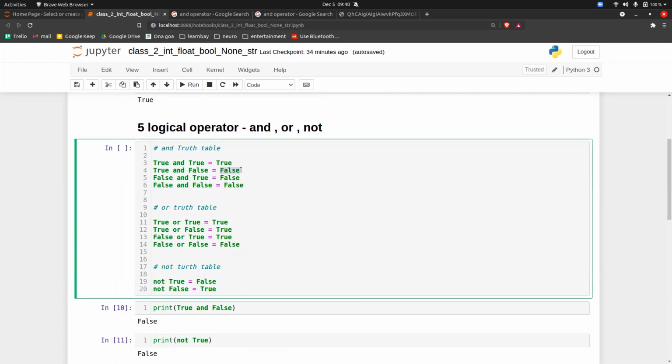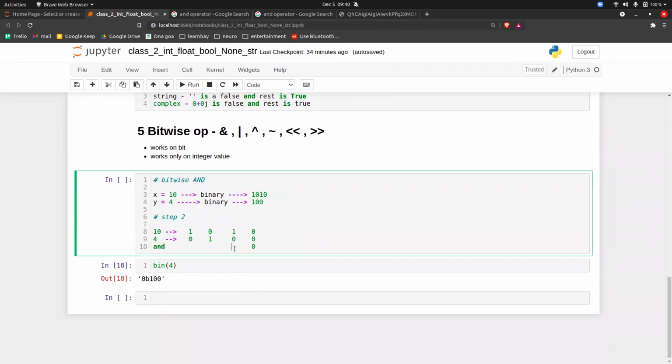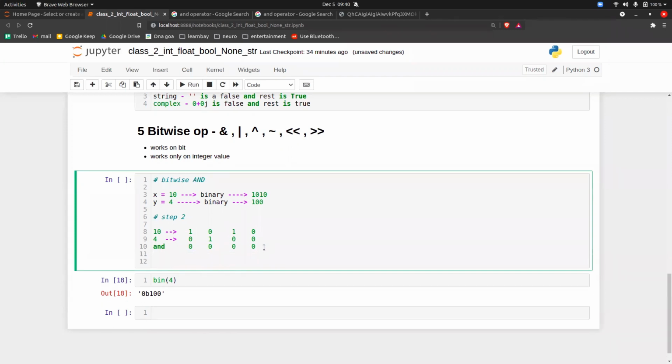Got it, Veena? Yep. So this is also 0. What about this? This will also be 0. And this will also be 0. Okay. So you get the output as 0, 0, 0, 0. This is step 2.